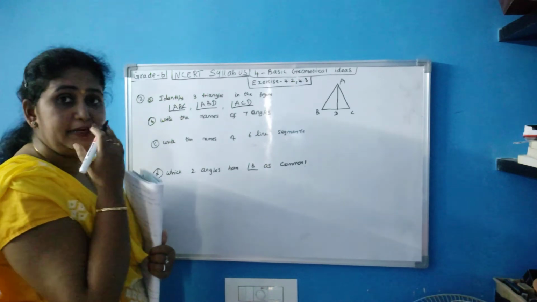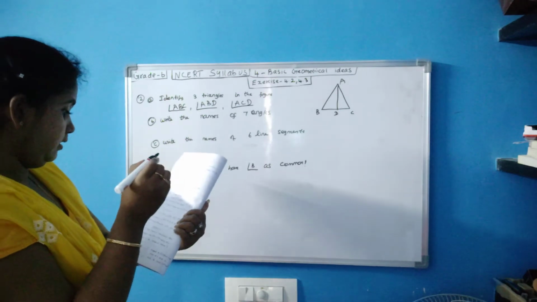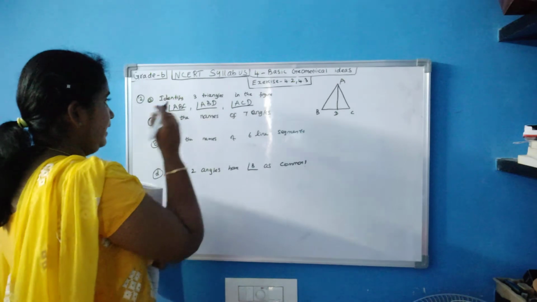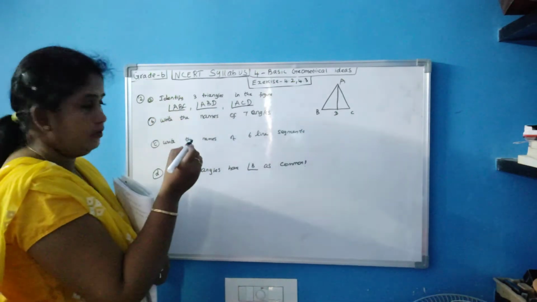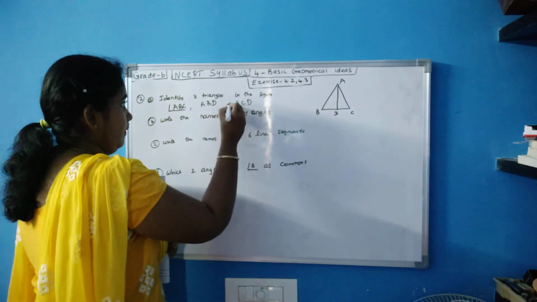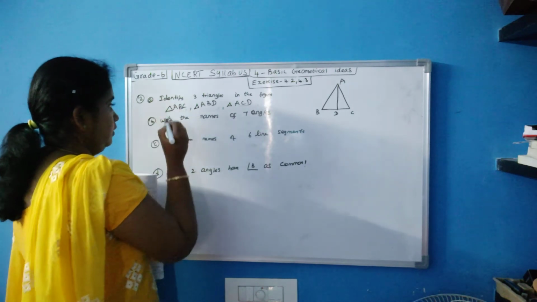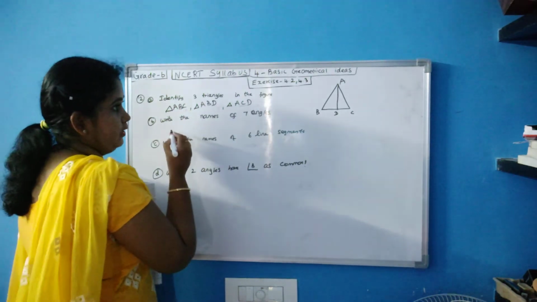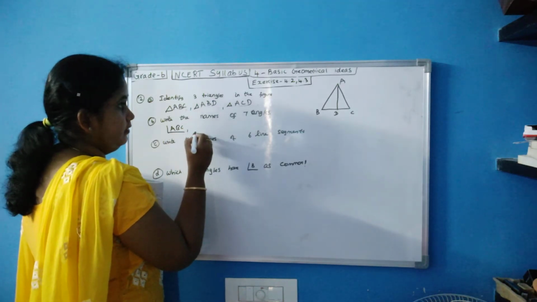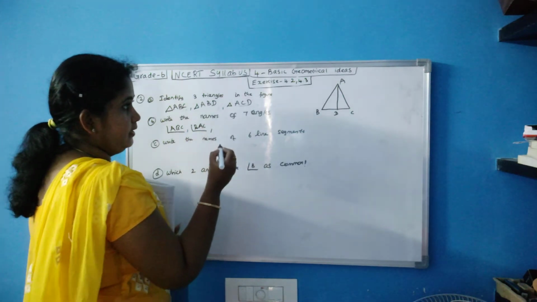Now write the name of 7 angles. You have to identify 7 angles. So how will you write angles? You have to write like this only. Okay, this one you can either write like this or put a triangle in the front. Okay, both are correct. So let's put triangle in the front. That will be fine. Okay, now write the name of 7 angles. What are the angles? Triangle A, B, C. So B is your angle here. Then B, A, C. A is your angle here.